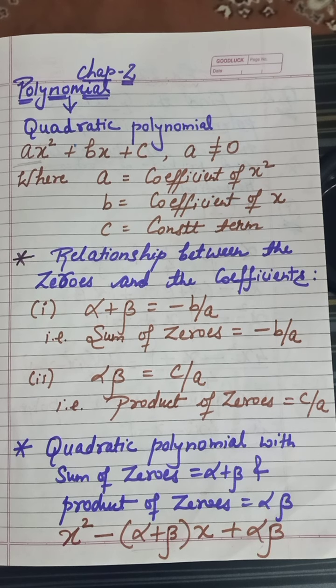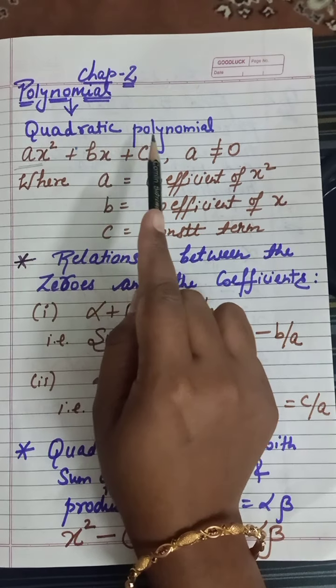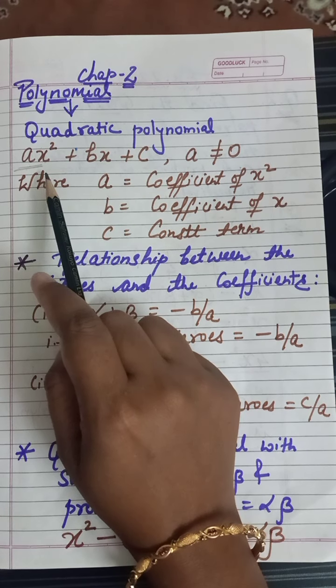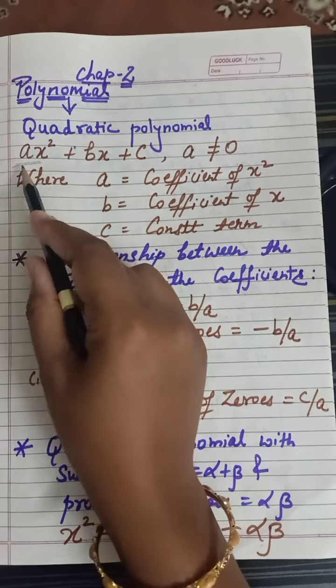Good morning, children. So, today we are going to start chapter 2, polynomials. So, here from class 10th, quadratic polynomial. First, we talk about quadratic polynomial. As we know, the general form of quadratic polynomial is ax square plus bx plus c, where a is not